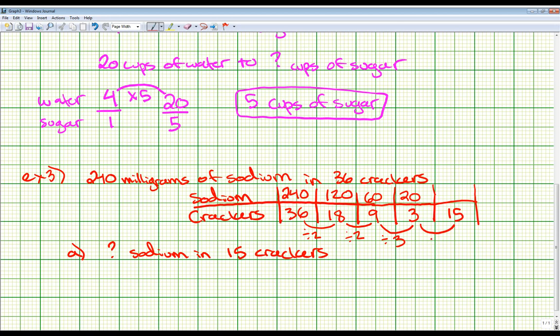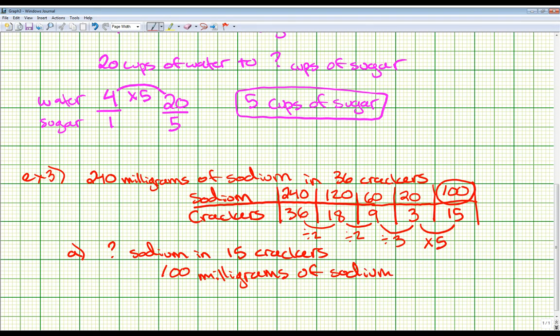Well, I could. 3 times 5 would get us to 15. So then if I do the same thing to the top, 20 times 5, I would end up getting my milligrams of sodium. So 20 times 5 is 100, and that is going to be our final answer for question A, because I just used my table to figure it out. So how much sodium? Well, there's 100 milligrams of sodium